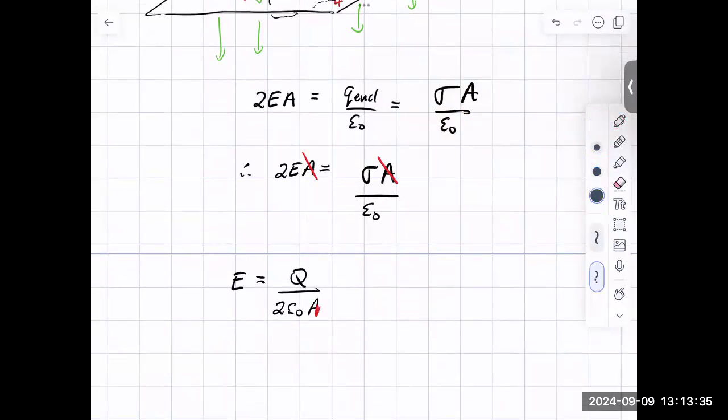What I have is correct, but I just want to rewrite this in a more standard way. So this is what you'd usually see for the electric field